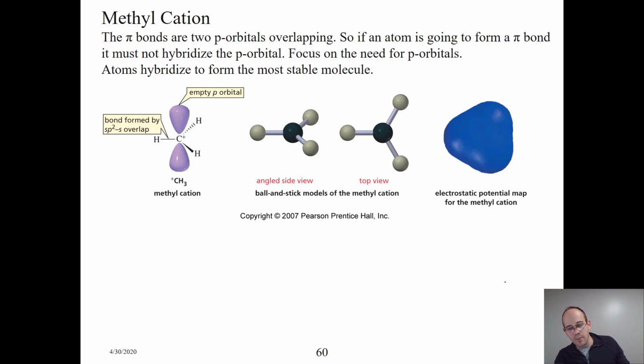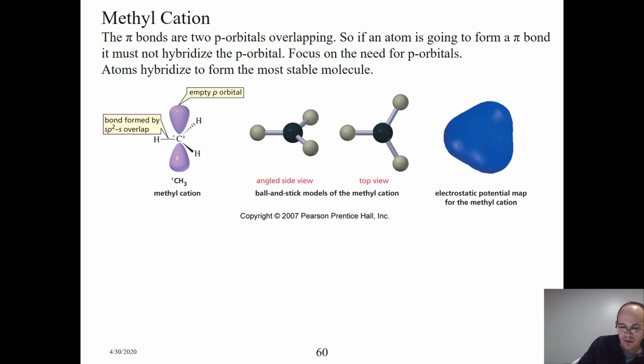All right, so I promised I would come back to methyl cation, and I think I said I would come back to boron, but they're both the same, and we're going to see why in a little bit. But this one is a different scenario in terms of hybridization. Something different is going on here. So if you look at methyl cation, it has 3 bonds, and it does not have a complete octet. So here, instead of having sp3 hybridized orbitals and having an empty sp3 hybrid orbital, which would give me 109.5